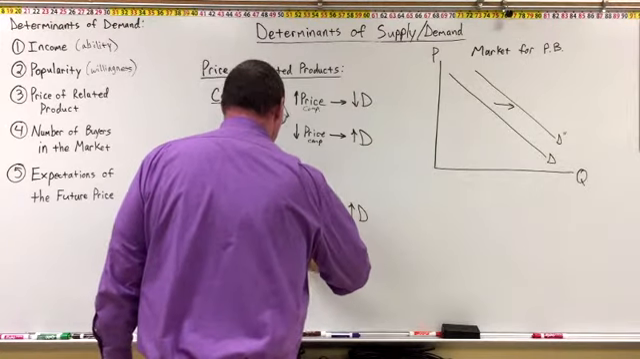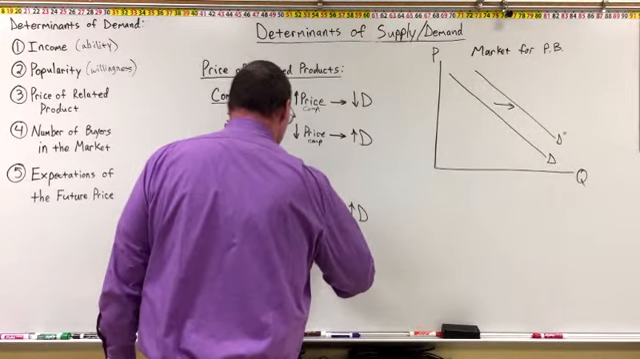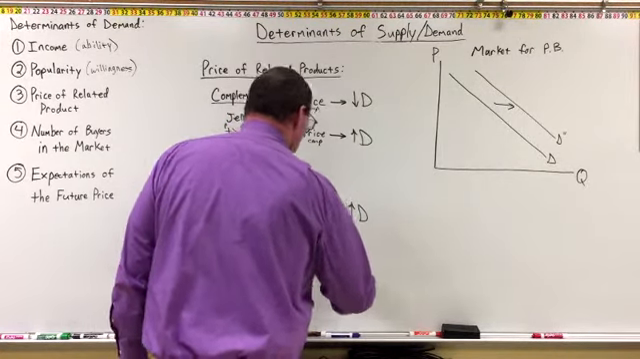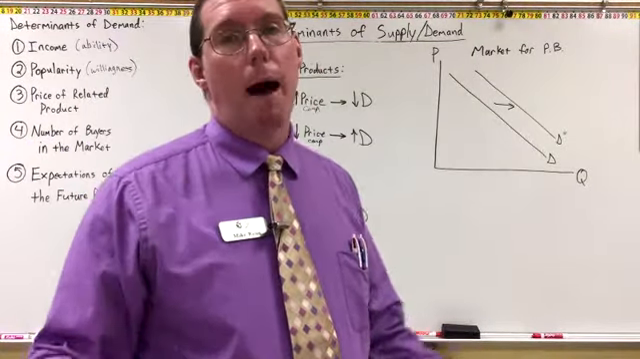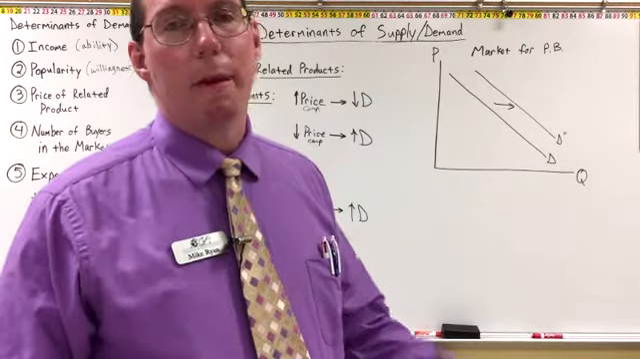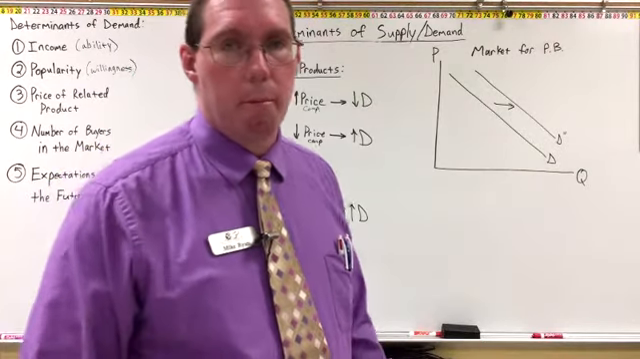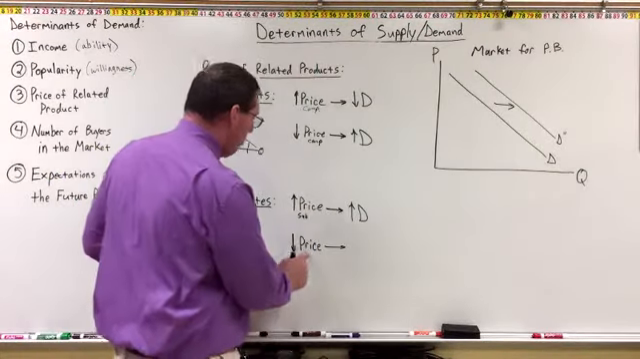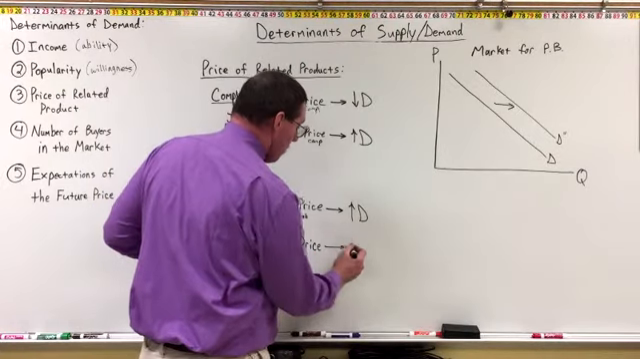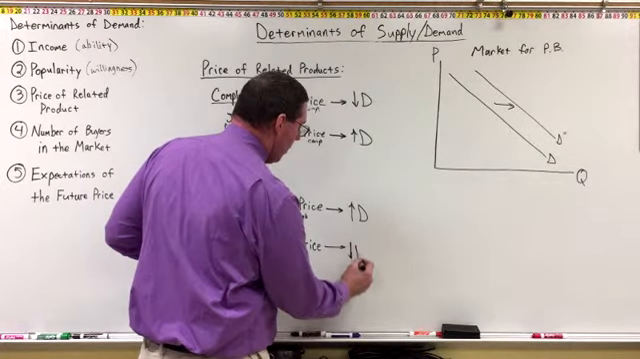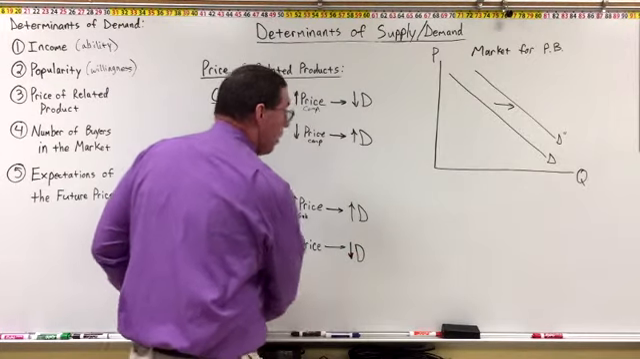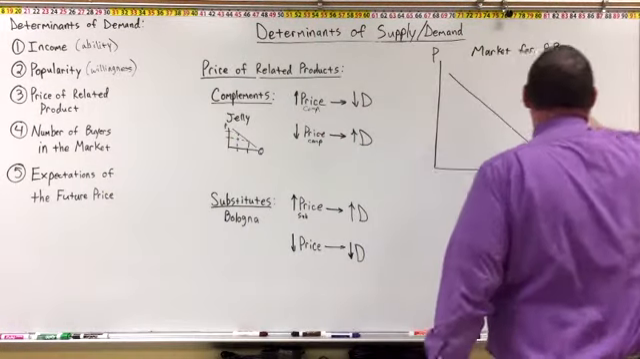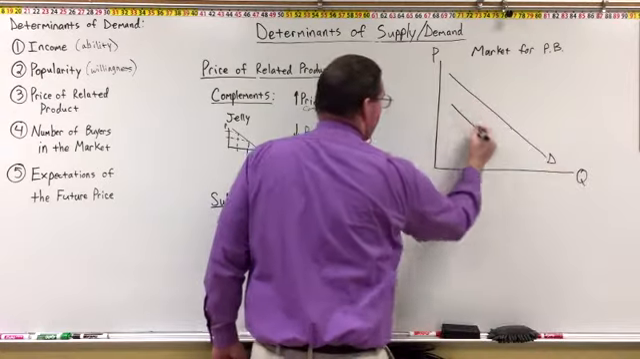On the other hand, if we have a decrease in the price of bologna, people are going to say, whoa, bologna's on sale. The price of bologna went down. Let's go buy a whole bunch of bologna. And when they buy a whole bunch of bologna, they're going to say, well, I'm not going to buy any peanut butter because I just spent all my money on bologna. So then the demand for peanut butter is going to go down. People are going to buy less peanut butter. And that's going to result in a leftward shift of the demand curve